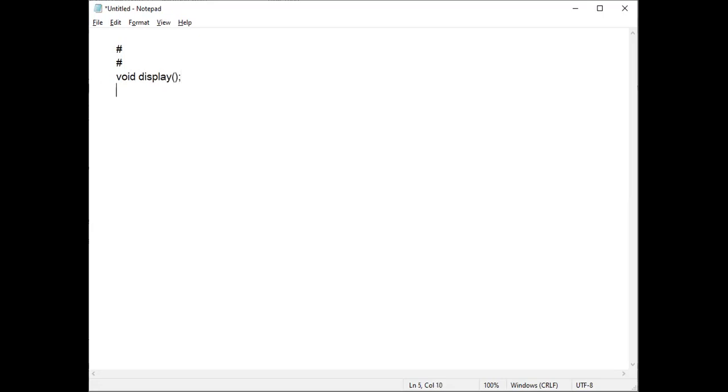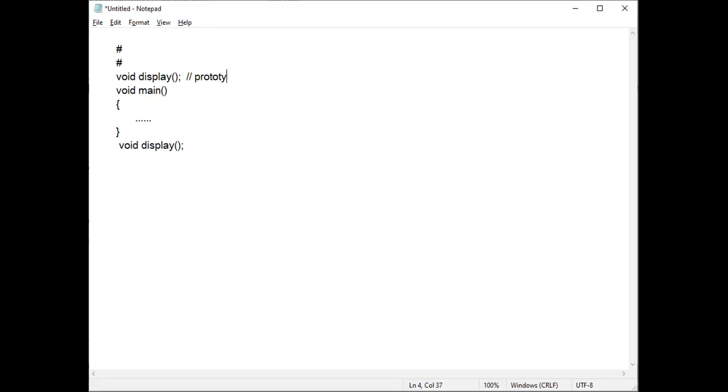Then what you do is write the main function. You just complete writing the main function, whatever code you want to write, you write in the main function. Just complete it. Afterwards, you can write the function, that is display. See, when you write functions like this, void display semicolon, this is not a complete function. So don't get confused here. This is not a complete function. It is called a prototype.